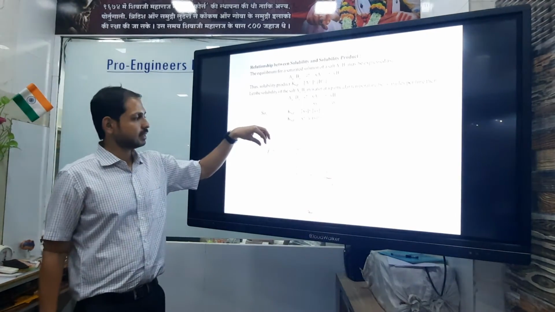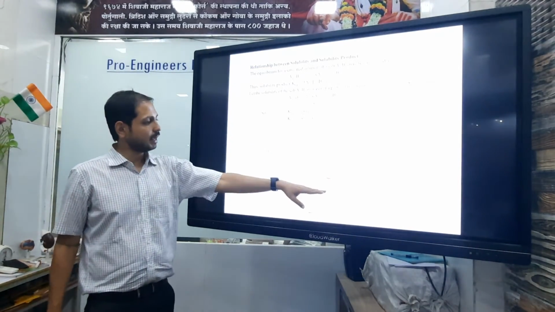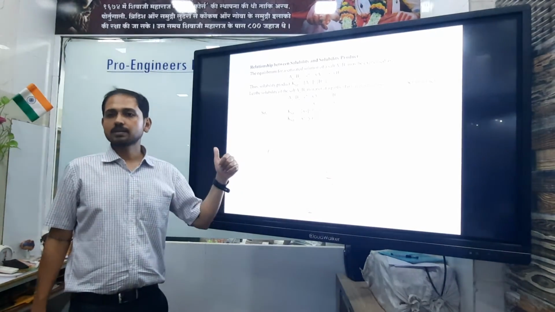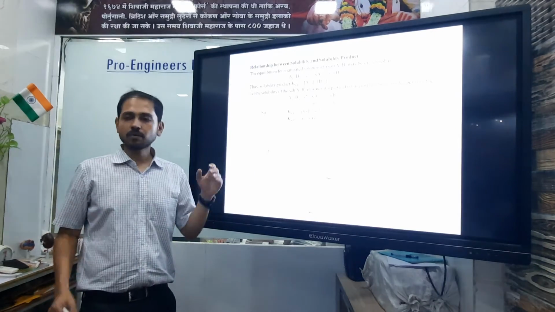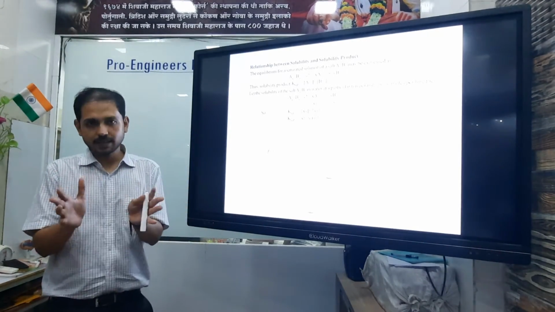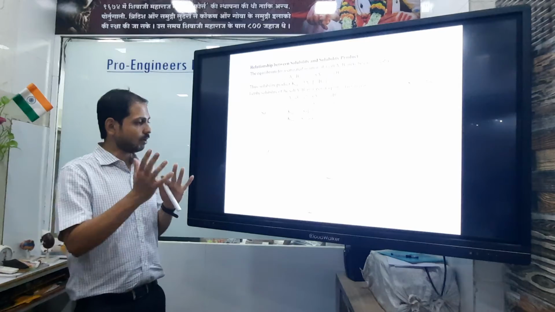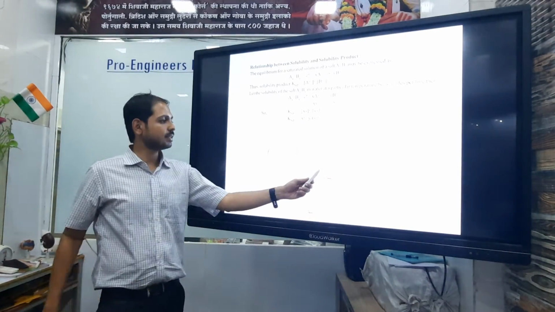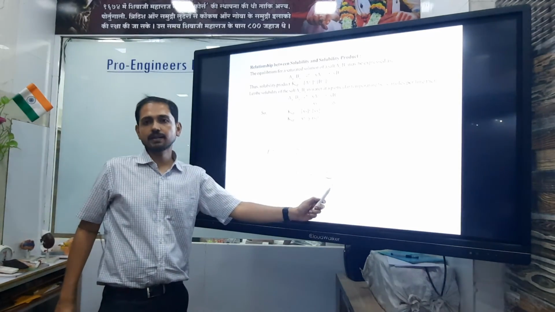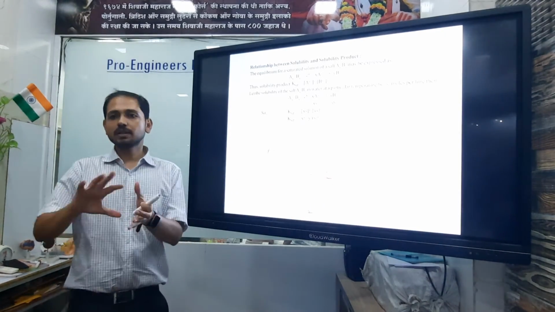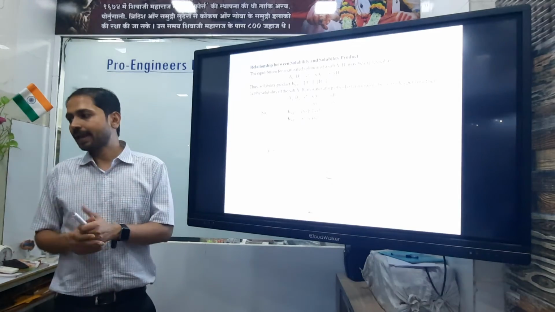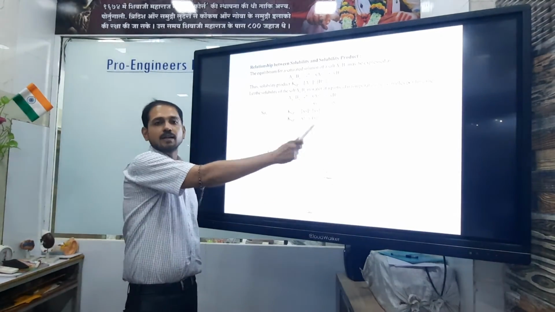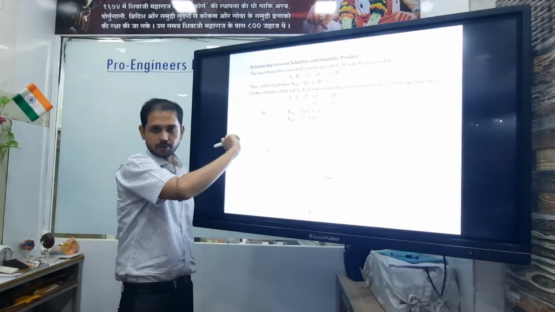And if you increase the concentration of AB, what is happening? The denominator is increasing, so the equilibrium constant would decrease, but the equilibrium constant can't change. It's a constant value. So how will the reaction adjust? The reaction will go in the forward direction. It will increase the concentration of A+ and B- and decrease the concentration of AB. In this way it will adjust to keep K constant. So if we add reactant, it will go in the forward direction. If we add product, it will go in the backward direction.